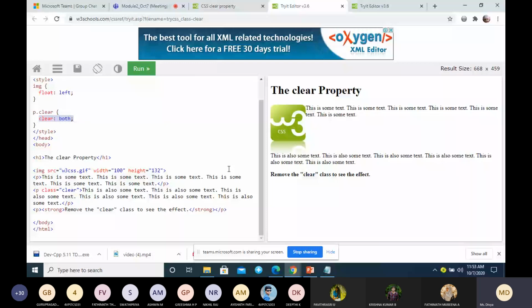Okay. So that means both at the left side and the right side will not be having any content. Okay. Both side will be clear. Okay. So similarly, you can use clear left, clear right, and so on.